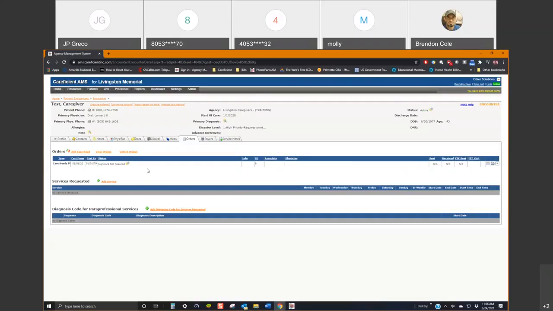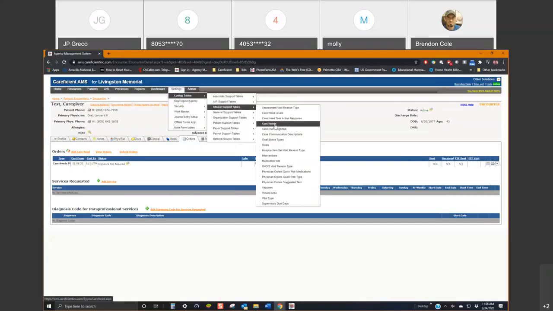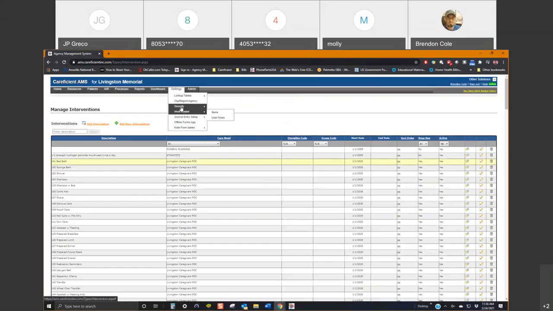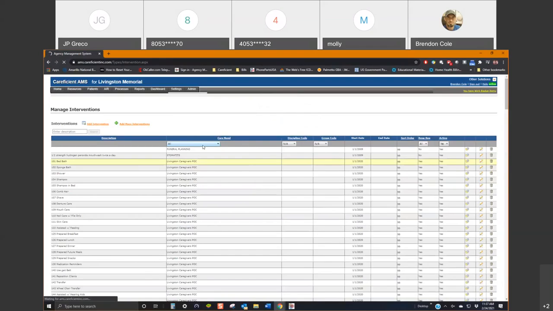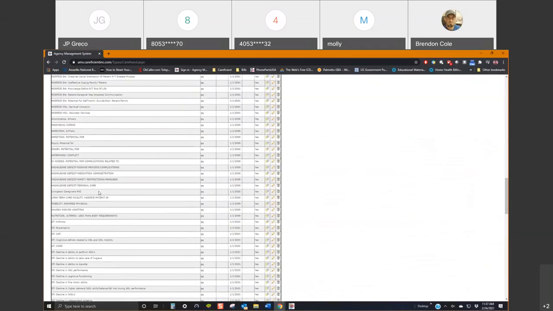But this is really actually about the last step I was going to show you as far as getting those care needs in there. So real fast, while he's doing that, I'm going to double check where I attach these interventions and goals. Livingston, that's what I named it, Livingston Caregivers Plan of Care. So if we go to Livingston Caregivers Plan of Care, that's what I labeled your plan of care,